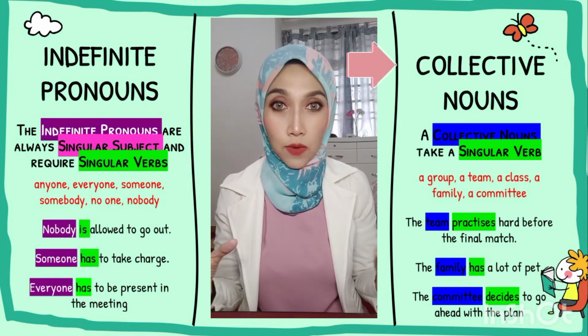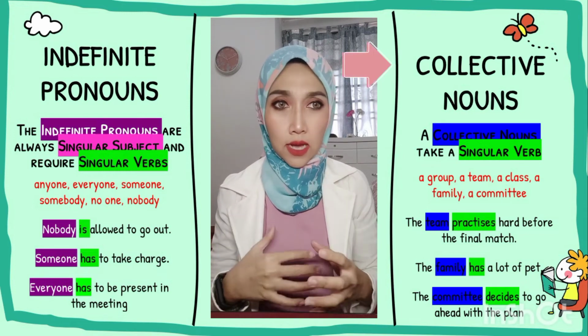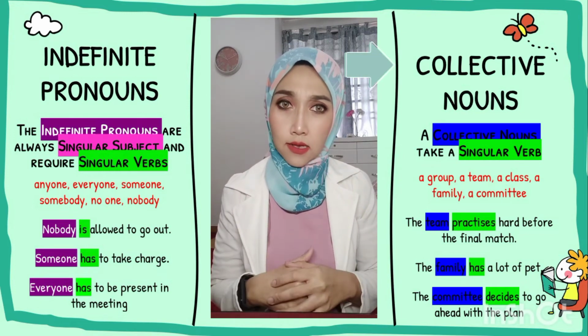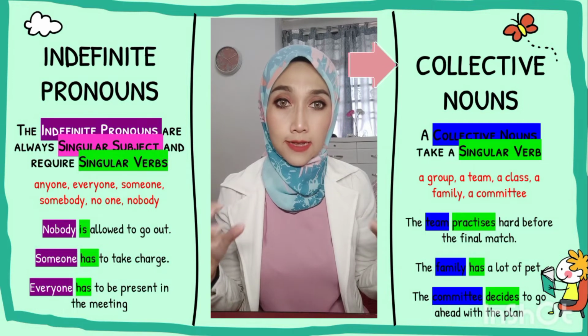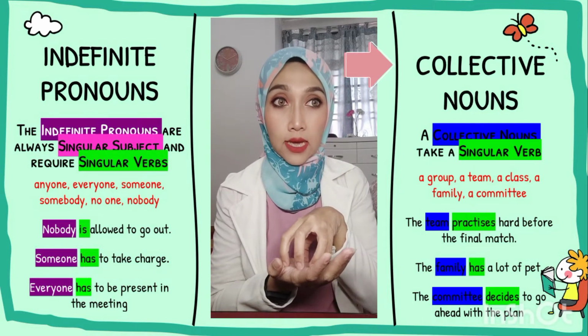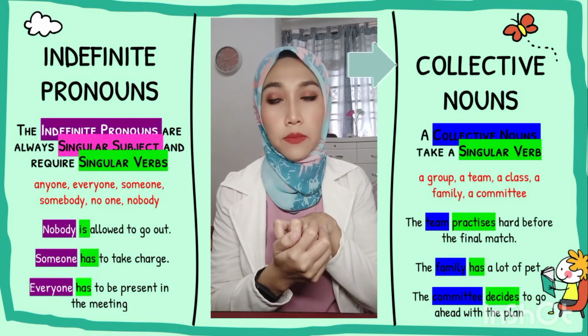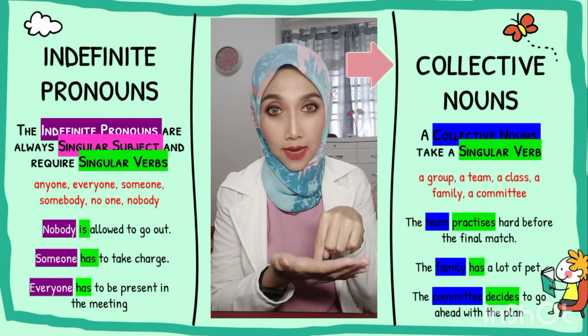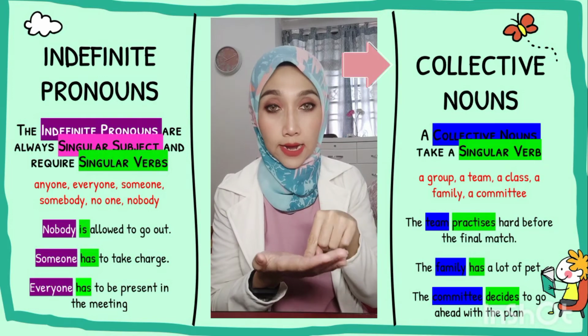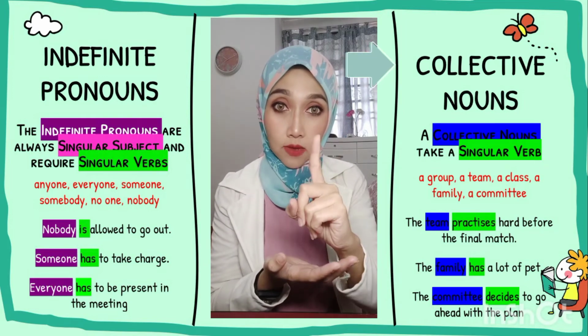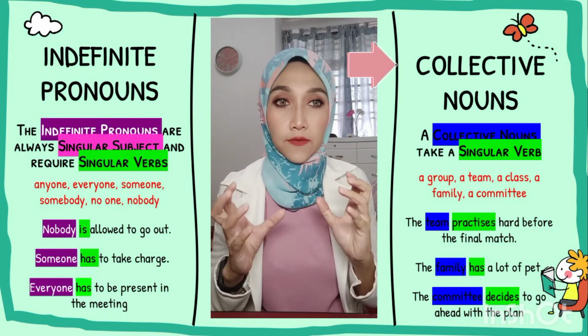Family selalu ada dalam ayat kan? Awak selalu salah. Family guna are. Salah sebab family dikira sebagai satu unit. It's actually a single family. Tapi teacher, family saya ramai. Memanglah, dalam family tu ramai. Ada ayah, ada mak, ada kakak, ada adik. But the family is one. So, you have to use